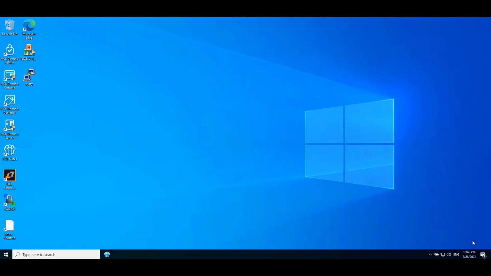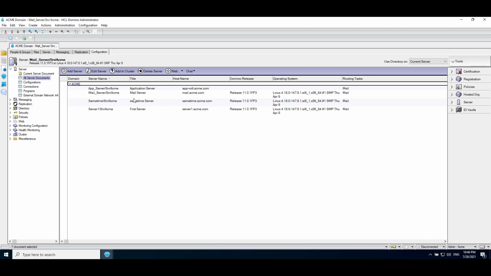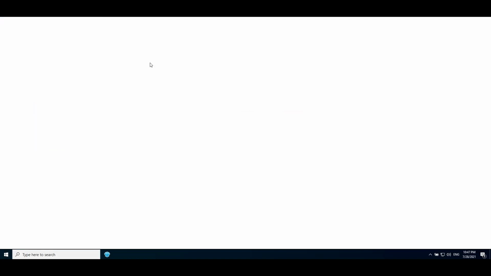Let's begin with the demo. First, I would like to introduce my test environment. Open the admin client. Here the SameTime community server 11.0, proxy server and iNotes server are running on a Linux environment. We have already set up iNotes with SameTime. HCL Verse server configuration is already completed and you can access it from the browser.